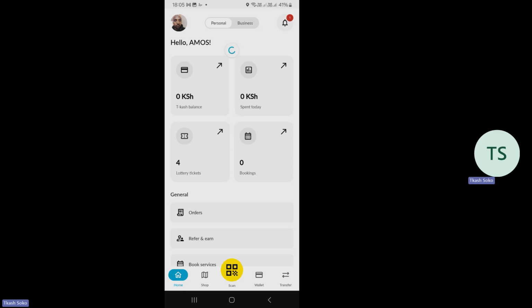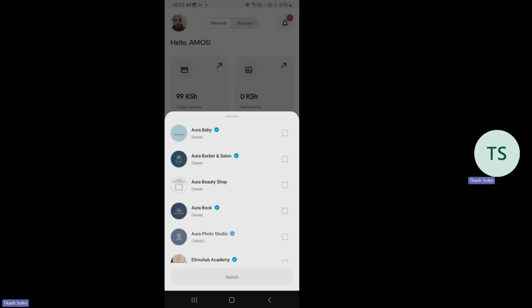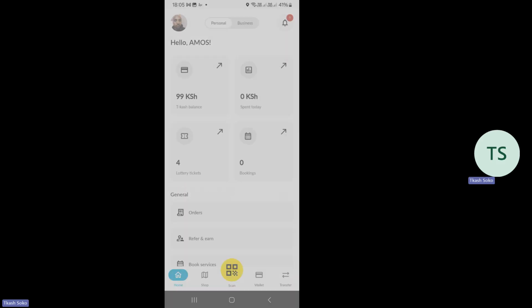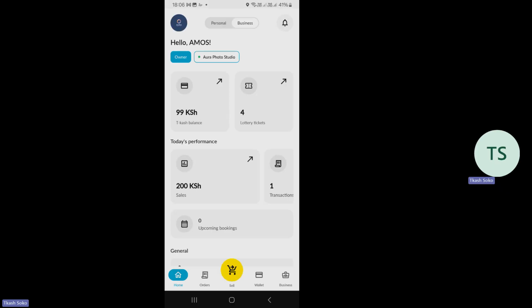If you look at my personal side, the balance is 99. When I press on the business side, I switch to whichever business, maybe the Aura Photo Studio, then of course the balance will be the same. The balance loads to 99 because these two have been synchronized. They show the same thing. If you look at the Rotary tickets, the same.